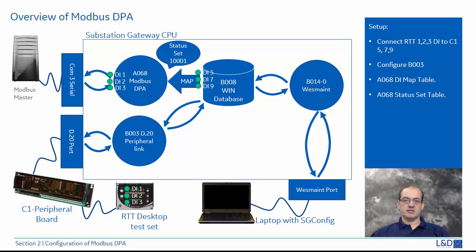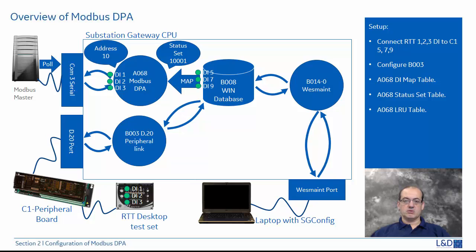We're going to add it with address 10,000. We're going to map in these 3 points to that status set. And then we're going to add a logical remote unit address of 10 to the status set. So the status set will be part of the logical remote unit of address 10, which is configured in the